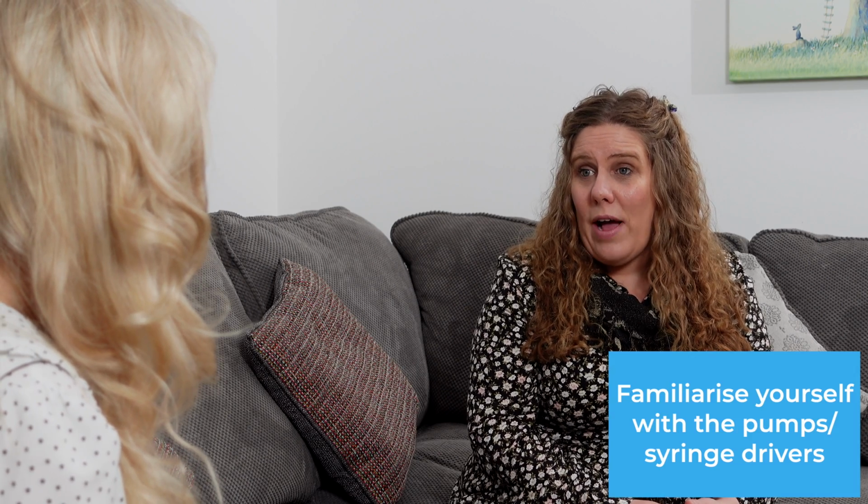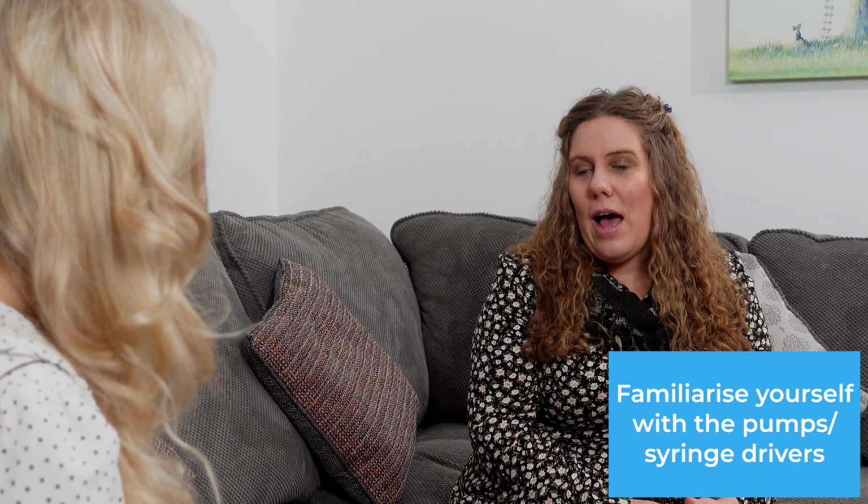So those will probably be your two biggest machines that you're going to find. But in addition, it's the smaller stuff like the infusion pumps. Now, you come into ICU and you just feel all a bit helpless when you come to a patient and they're flailing around in the bed and someone says, please can you bolus some propofol, and you go, oh my god, I don't even know how to give a simple medication bolus. And it's really helpful if you can just get your head around how to change the pump settings, give a bolus, so that you can be helpful in a situation where your patient's about to self-extubate and needs to be